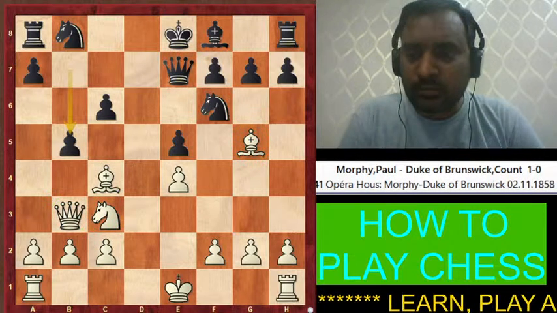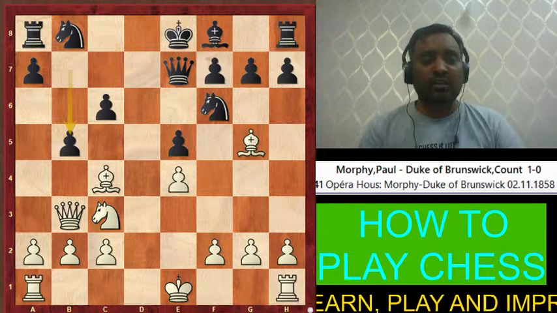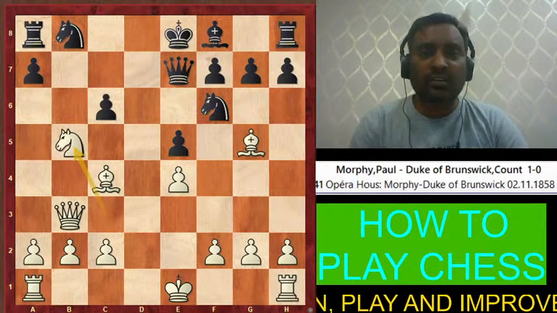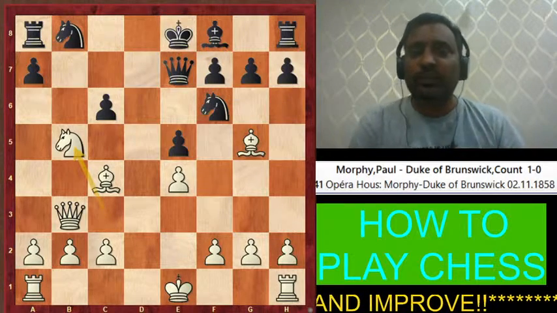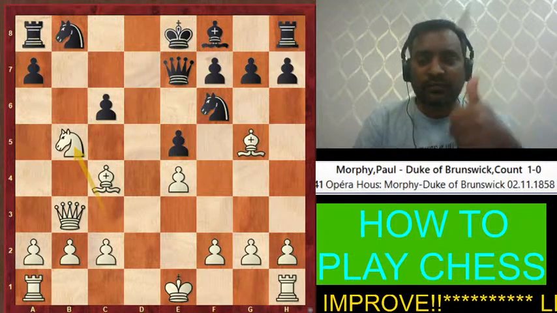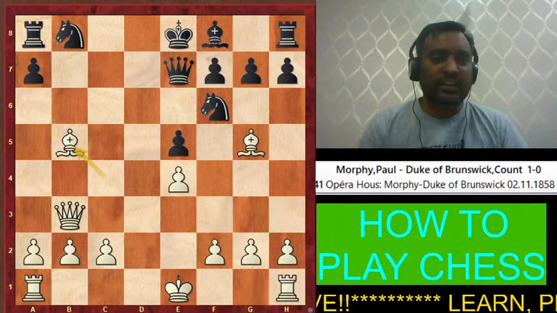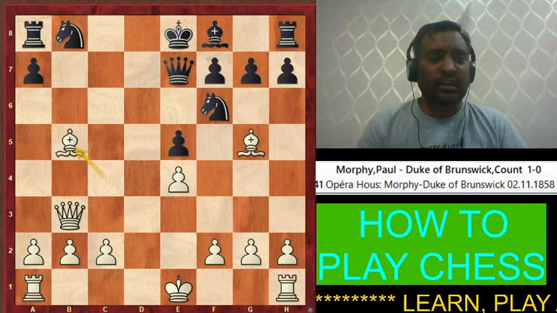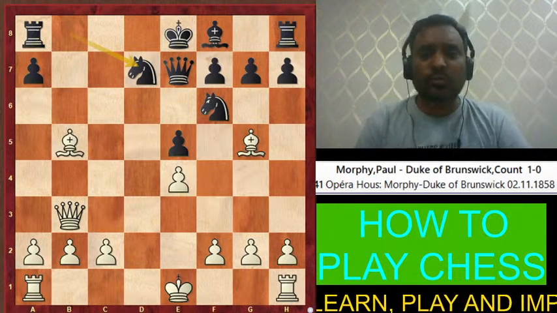So therefore Paul Morphy thought of sacrificing his piece which he got developed. So he just decided to sacrifice his first piece. Just keep counting how many pieces he's just sacrificing. The first piece is sacrificed. When opponent played this, he captured this and gave a check, and black simply played knight to d7. There are no other good moves, guys.